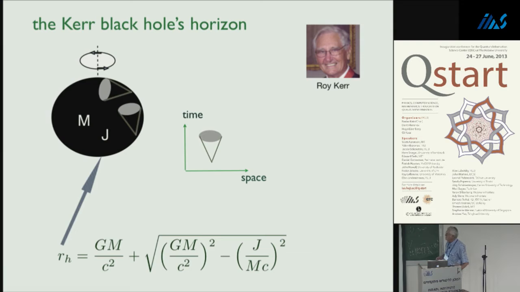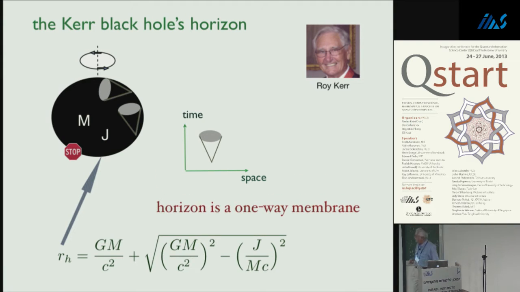Okay, so this is the reason why the event horizon is a one-way membrane, keeping information that has gone into the black hole from leaving. That's one thing that one should know. And the other important thing,